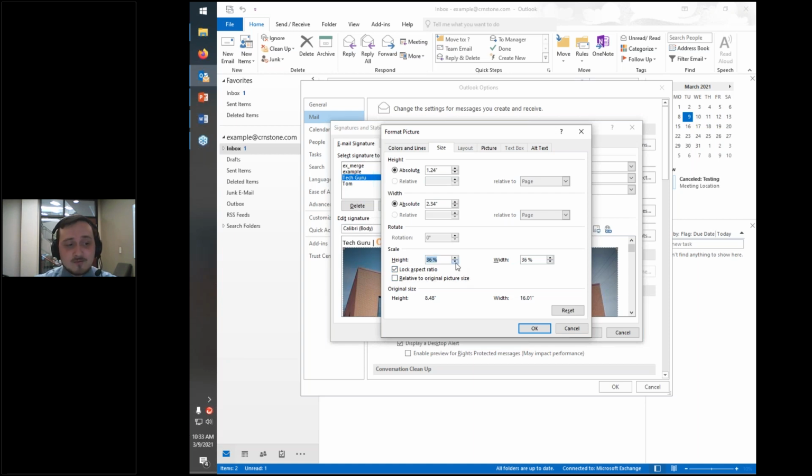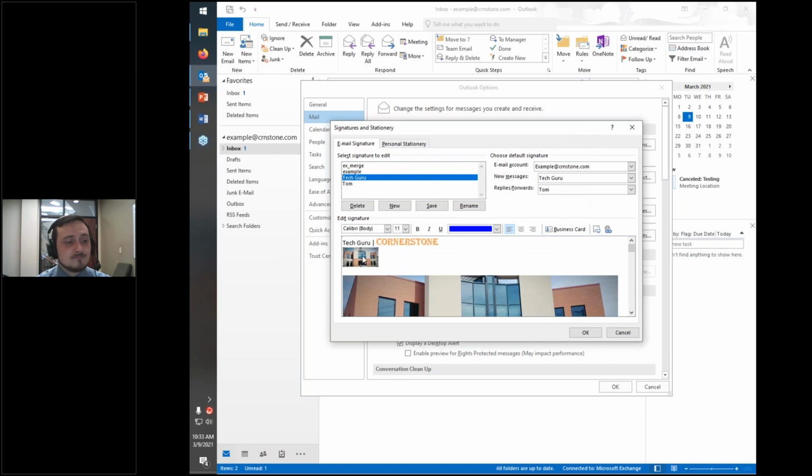If I unclick that one, then I can really minimize things here, and that'll make it so that I can scale it without relative to the original size of the picture. I could also unlock this aspect ratio here and scale just the height or just the width. I think it's better to lock the aspect ratio personally, get it smaller that way, and then I'll hit